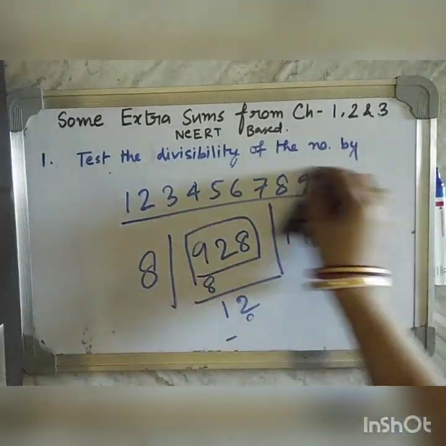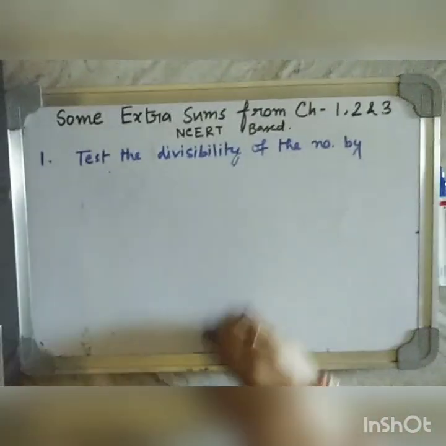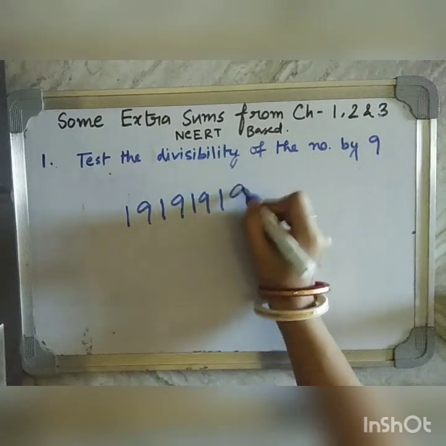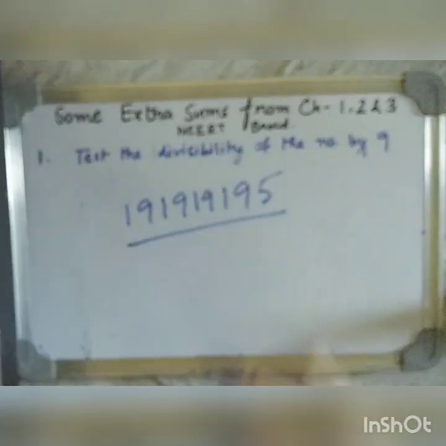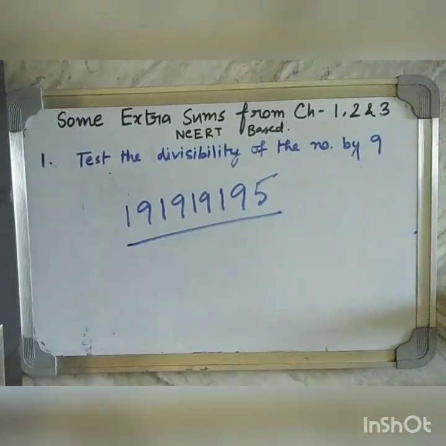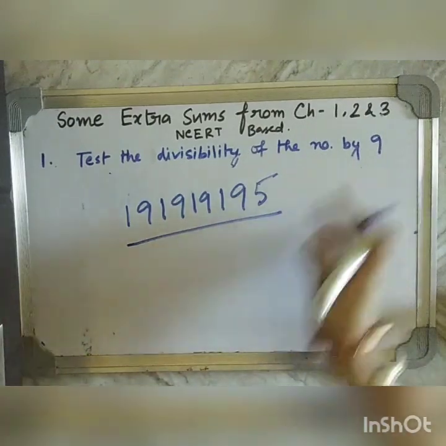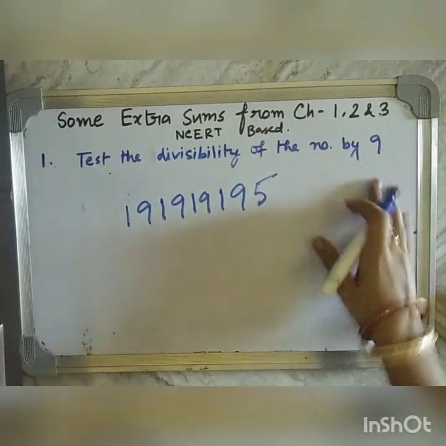First you have to check the last three digits' divisibility by 8, in case of the divisibility by 8 for the whole number. Now we will take the divisibility by 9. Suppose this number I have taken. The rule of divisibility by 9 and by 3 is quite the same. In case of 3, we have divided the sum of all the digits of the number by 3, and in case of 9, we have to take the sum of all the digits and divide the sum by 9.